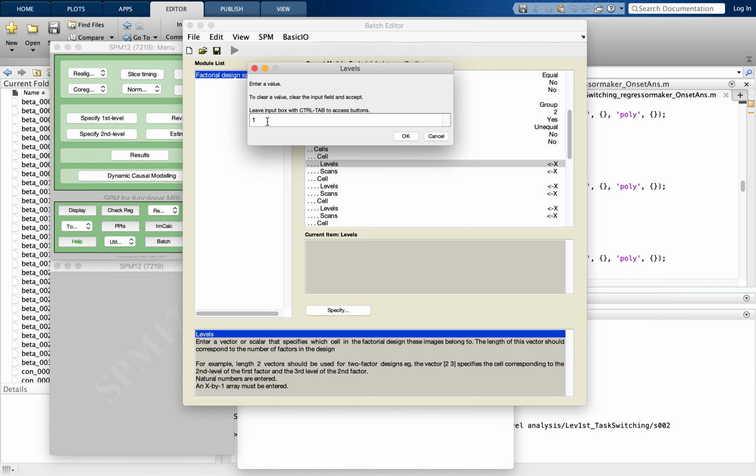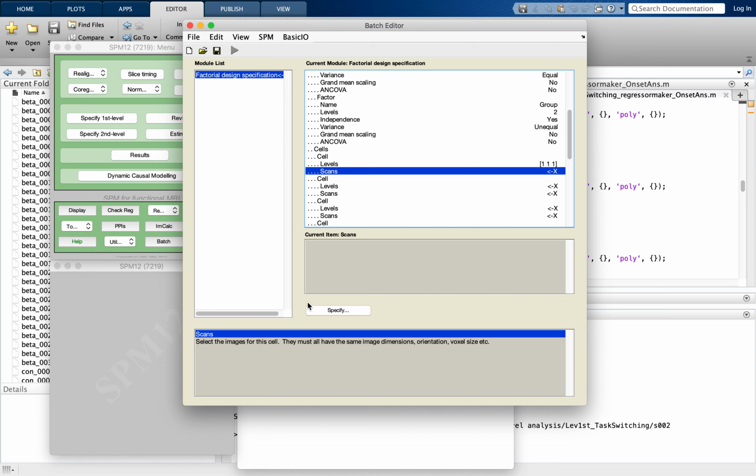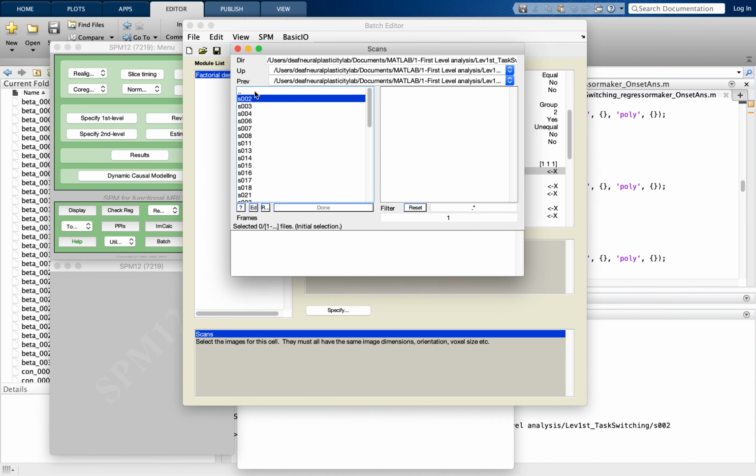So we start with 1 stay, 1 right, 1 hearing. And now we go in the first level analysis folder, which is this one, and we will take